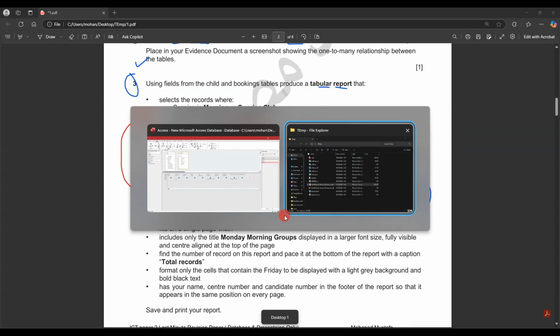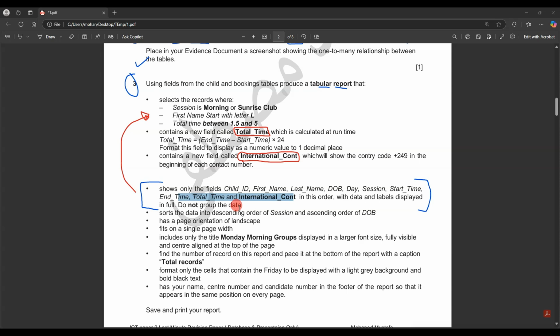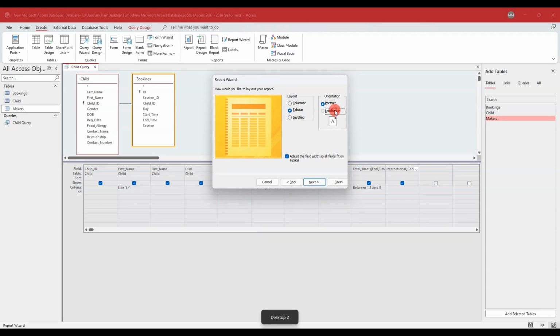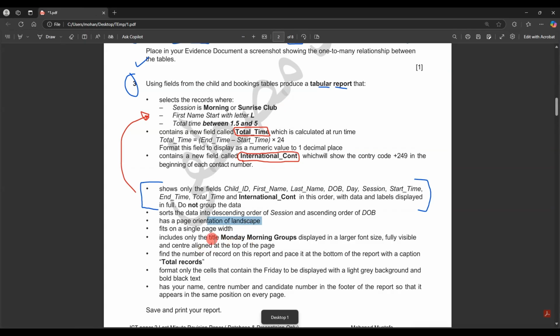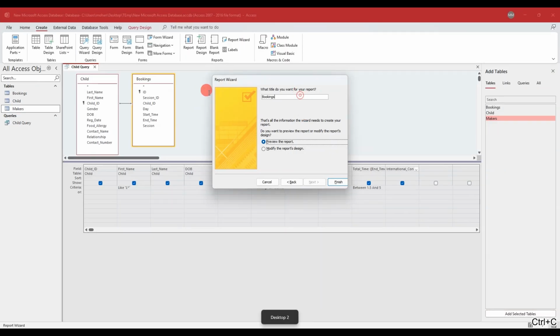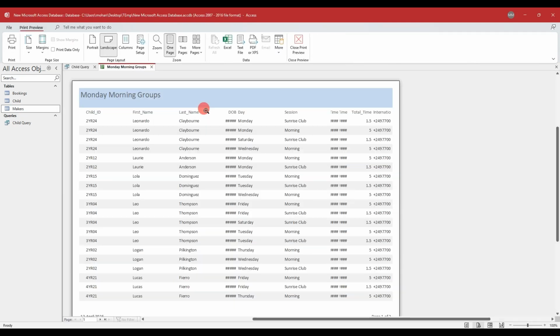Should be portrait or tabular. Let's look. It should be landscape. Next, we have a title. Include the title Monday morning group. So I just include the title from here, even though I can do it later, and finish it up. And this is your report. Immediately, we need to get rid of these hashtags and make sure everything is